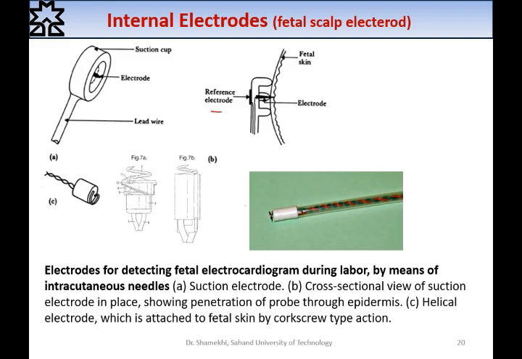We have a spoon-shaped electrode, and we connect this electrode to the skin of the fetal, especially the scalp of the fetal, and the suction will help to insertion of the needle inside the body. And also we have a reference electrode outside on the other side of the electrode,